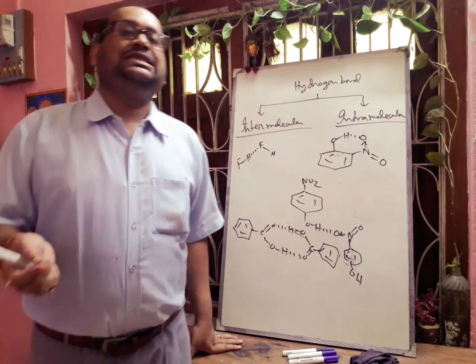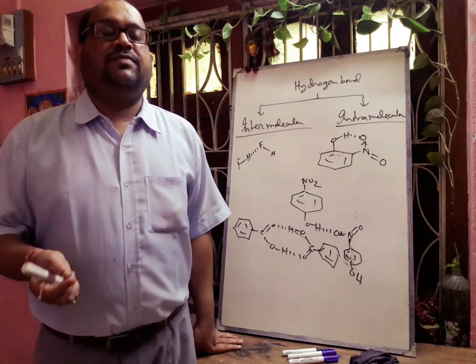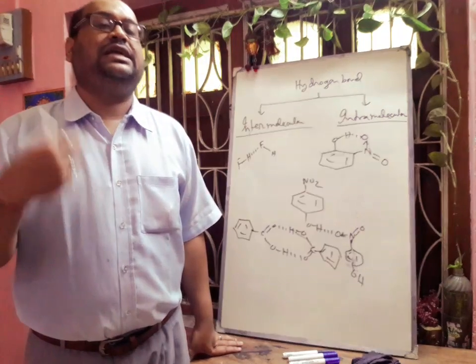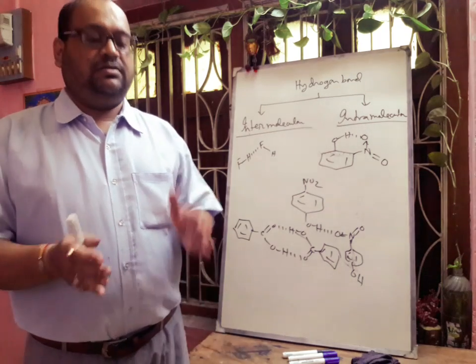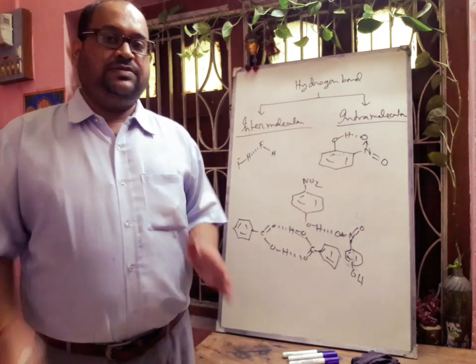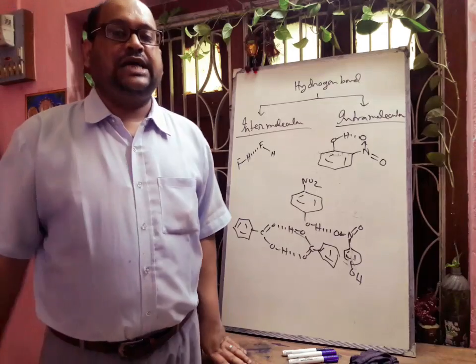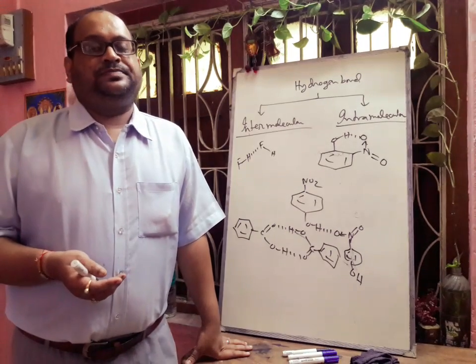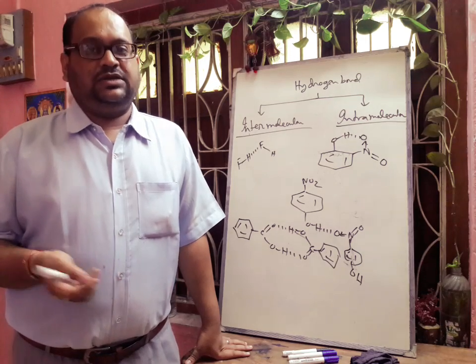Next, if we discuss the density of ice, in case of ice there will be a tetrahedral structure. One water molecule will be hydrogen bonded with another 4 water molecules. Definitely the distance between the water molecules will increase and its density will be less. That is why ice floats in water. That also may be asked as a question.